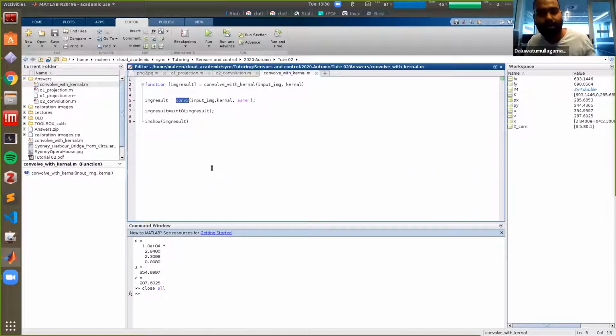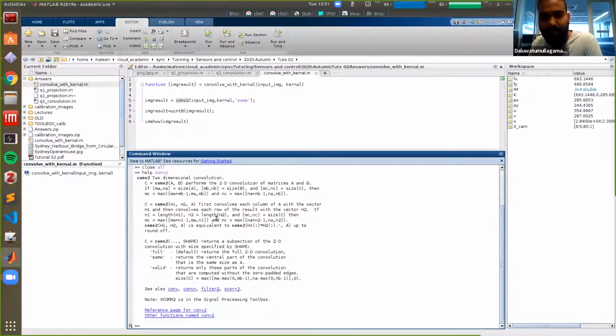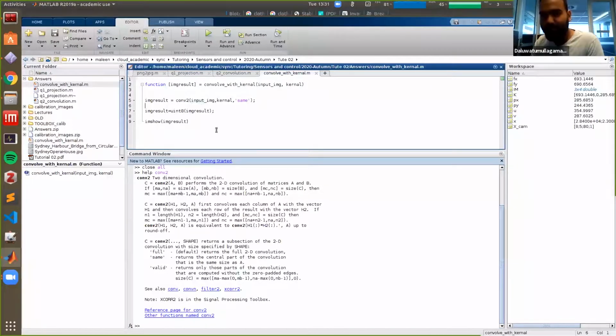So in MATLAB, if you type help conv2, you can see that there's an inbuilt MATLAB function that does the convolution, right? It does 2D convolution between two matrices. So what we're going to do is just use that function. You have an input image and a kernel. And to answer your question about the image size, this convolution function, if you look at the help here, says